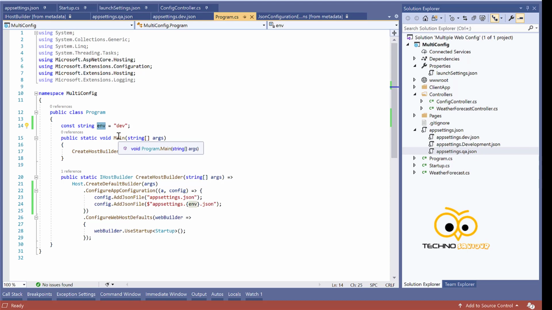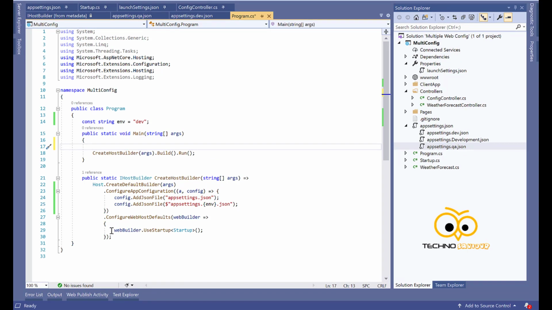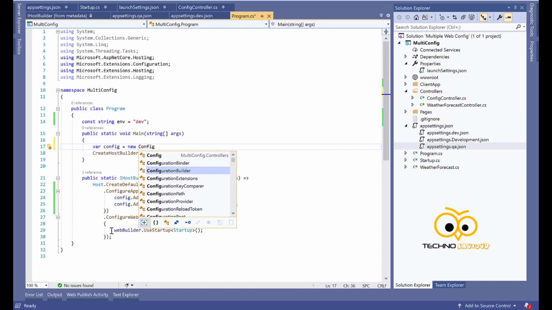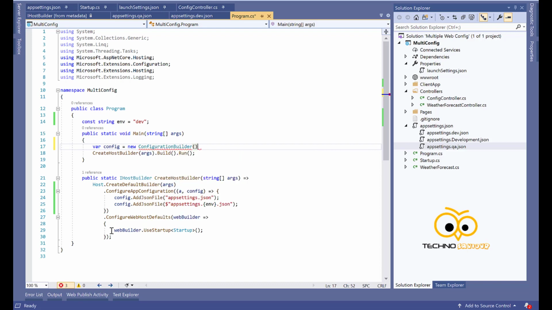So we can now make it more dynamic so that it gets picked up based on some JSON file. In order to achieve that, we'll create a new config variable, and we'll add a new ConfigurationBuilder.